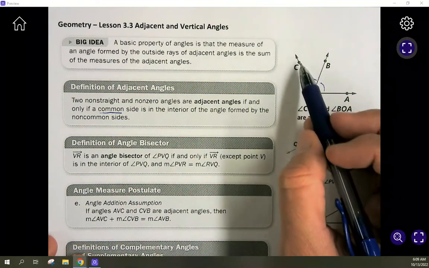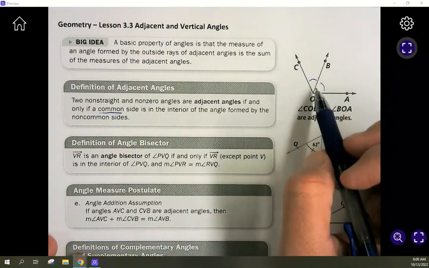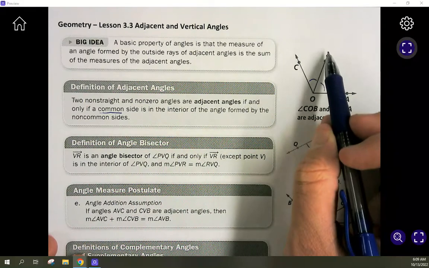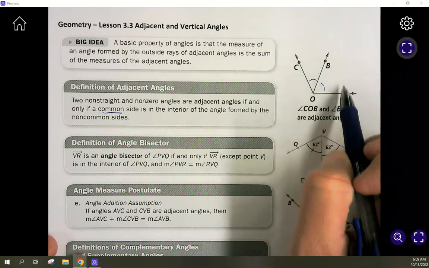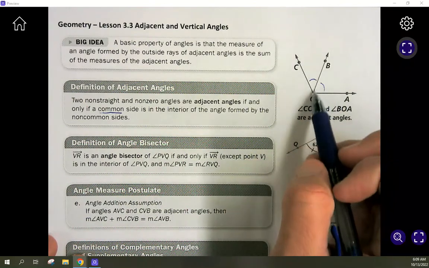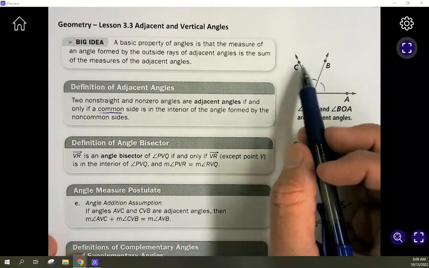So if that's the common side, these are the non-common sides, these two rays. And that creates one other big angle, COA, if we got rid of this middle piece here. All right. So the common side is in the inside or the interior of the angle formed by the